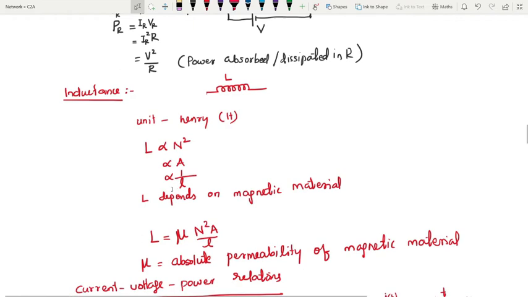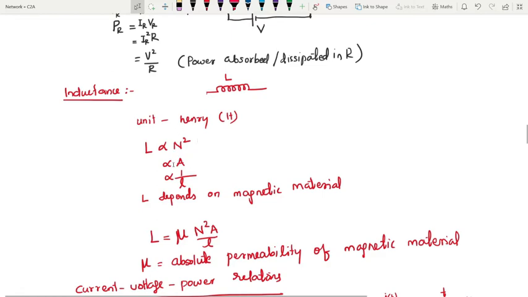Similar to resistance, the inductance depends on several parameters. Inductance is directly proportional to the square of the number of turns. It is directly proportional to the area of cross section of the wire, and it is inversely proportional to the length of the coil. And it also depends on the magnetic material, denoted by mu, that is the permeability of the magnetic material. So considering these four facts, we can obtain the relationship in order to find out inductance